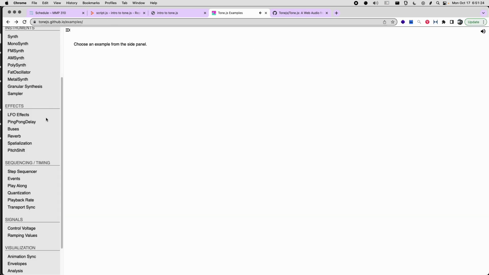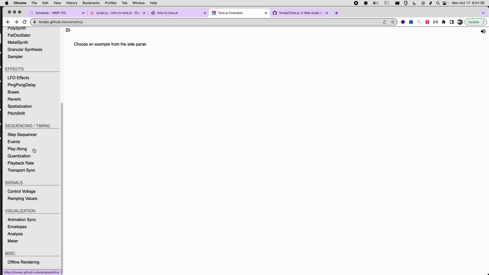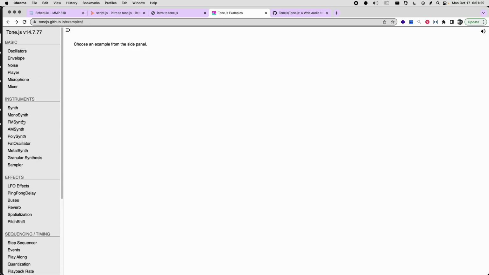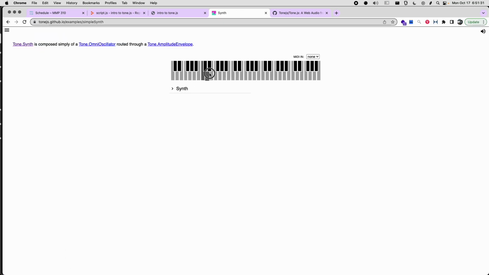So there's a bunch of other stuff in here that have different interactive stuff. If we want to just look at a basic synth, you can play notes on the synth. You can actually plug in a MIDI keyboard here and it'll work. And then there's also synth parameters. So this is a really good way to play with how things sound. It's sort of like the Three.js editor, because when you're writing code, it's not always going to work exactly right. If you want to make sure that it's working and just see how things sound, you can look at the